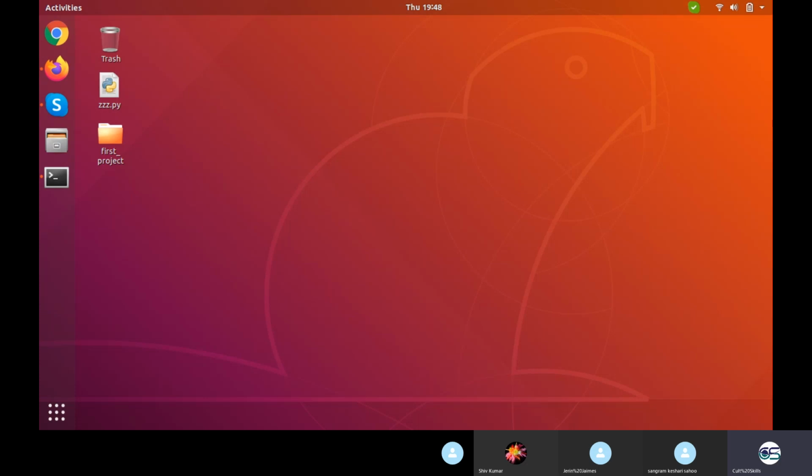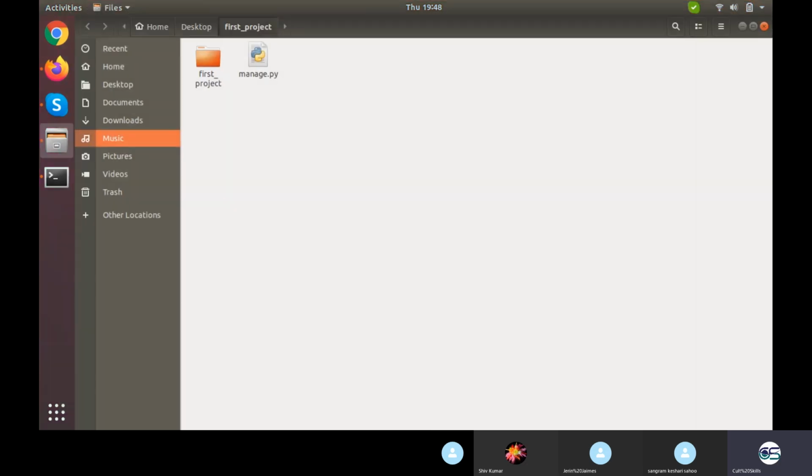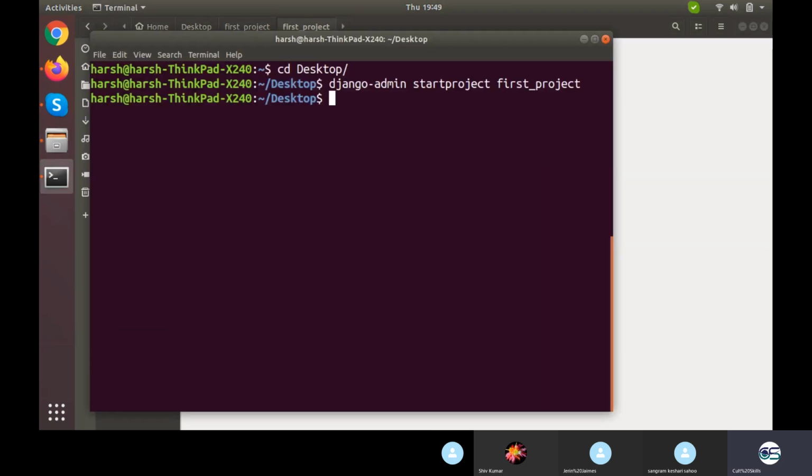Now into firstproject you will go and see there are already a few files maintained: one file, one folder, and in that some four or five files. They are already pre-stored right here, because what I have created is not just a folder. I have created a Django project. I started a Django project.